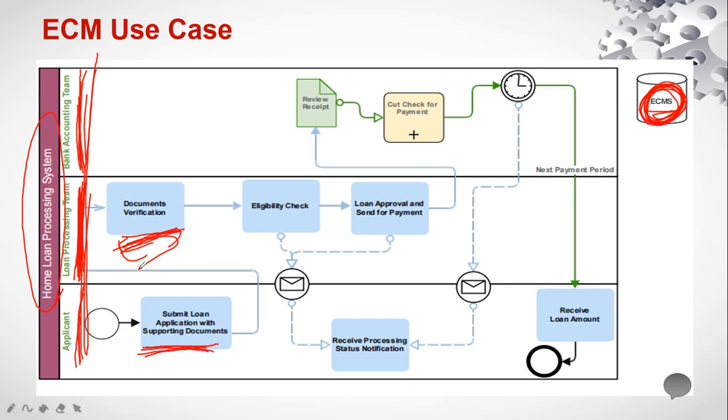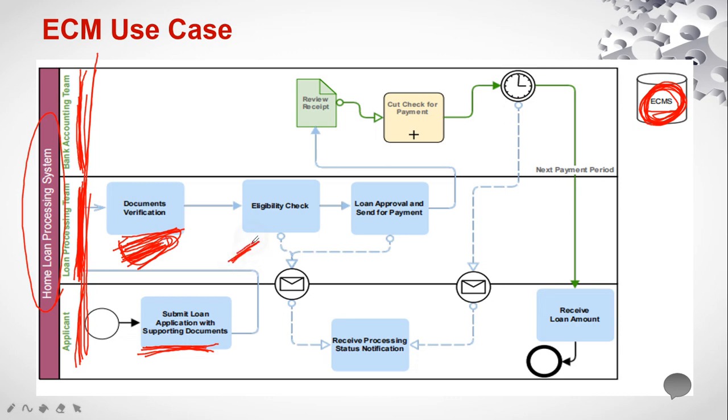So this team will take care of verifying the documents, and there is one more team that will check the eligibility. The first team, the document verification team, will just verify that all the documents are there, that there are no missing documents, and that all the documents are genuine. Once they have verified those documents, there will be another team called the eligibility check team. That team will check how much amount the applicant is asking for as a home loan, and whether he is eligible to get that much money or not. That kind of eligibility check.